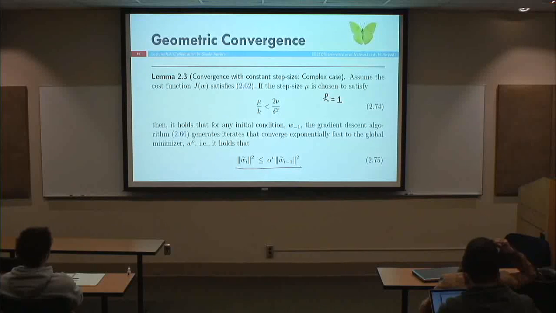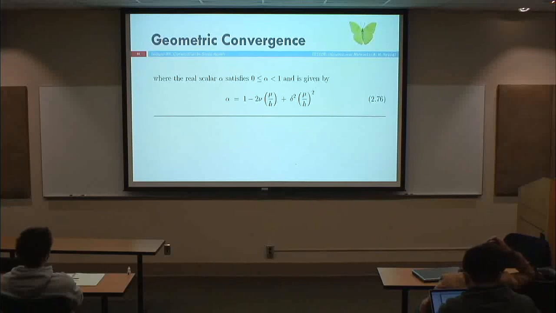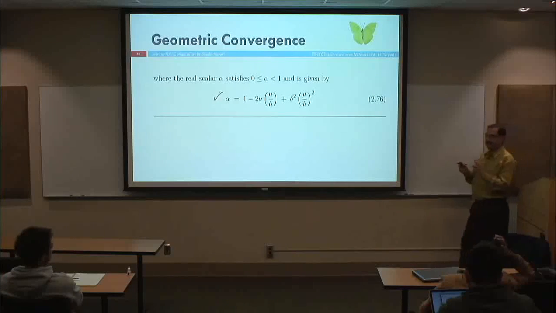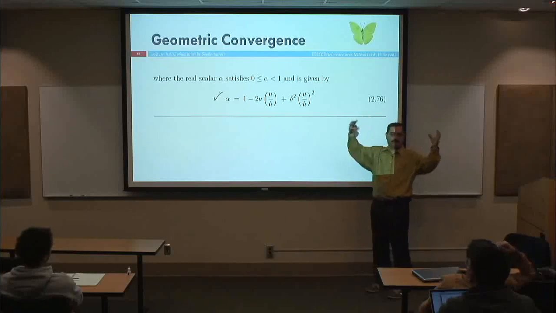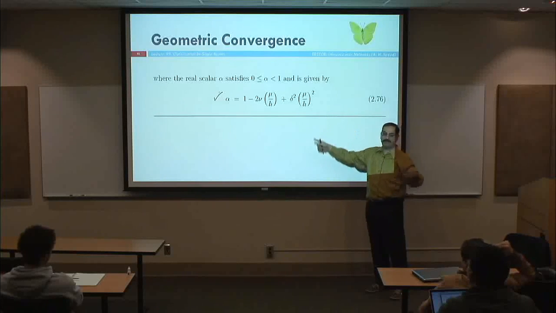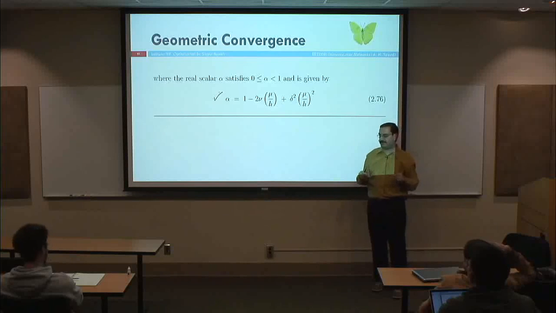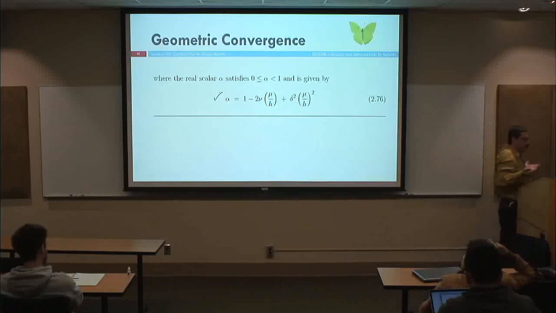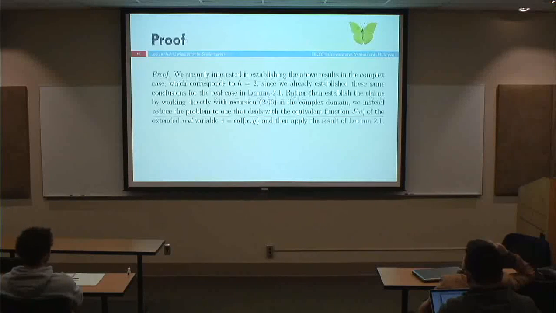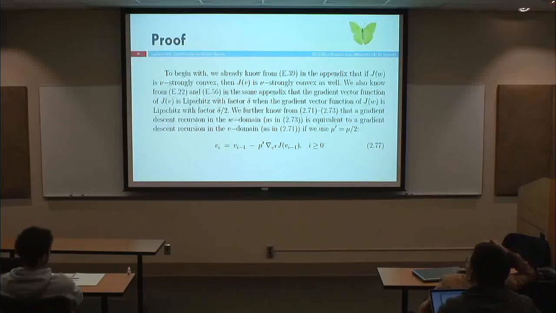The error will still converge exponentially, and this is the expression for alpha, and I already wrote it in a form that captures both cases together. If you put H equals 1, it is what we did in the real case. If you put H equals 2, it is what you will get in the complex case. Okay, so how do you prove that this is true in the complex case? You already have the idea, right? So all you have to do is, let's write down the recursion,